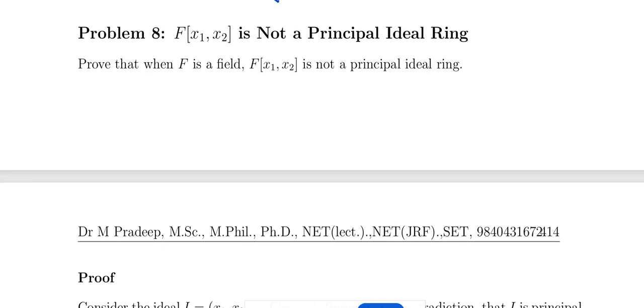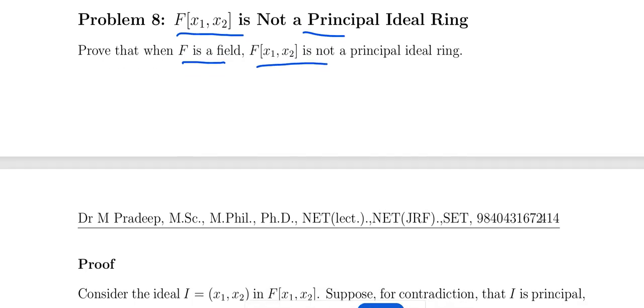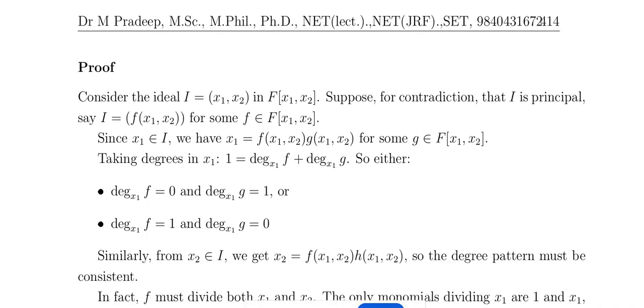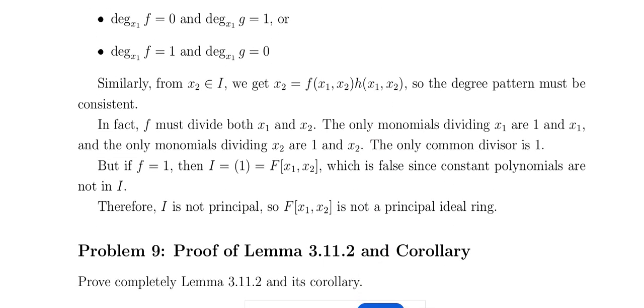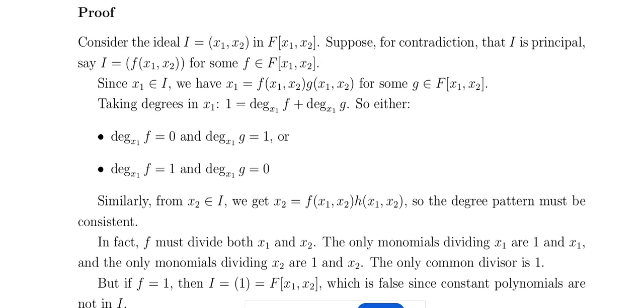In the same way, F[x_1, x_2] is not a principal ideal ring. So that means when F is a field, F[x_1, x_2] is not a principal ideal ring. An ideal means that it is generated by some elements, that is called the ideal. So in F[x_1, x_2],